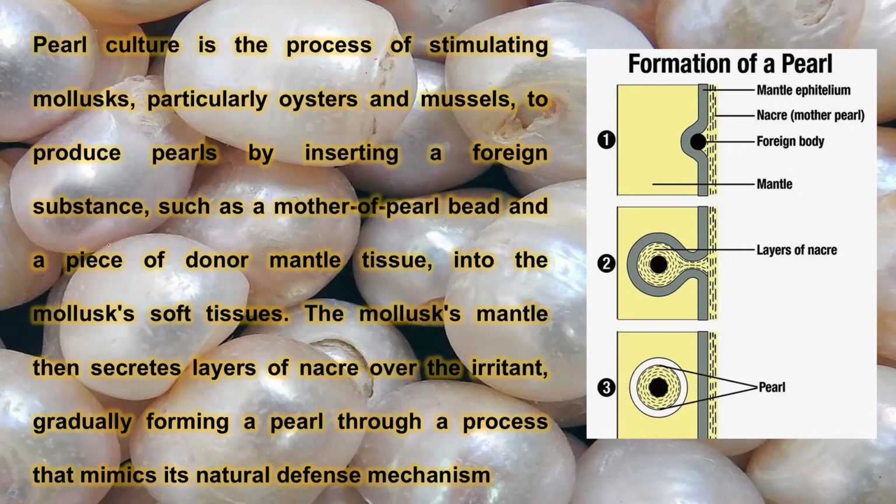by inserting a foreign substance such as mother of pearl bead and a piece of donor mantle tissue into the mollusk's soft tissues. The mollusk's mantle then secretes layers of nacre over the irritant, gradually forming a pearl through a process that mimics its natural defense mechanism. So if you take a look at this diagram, you will understand